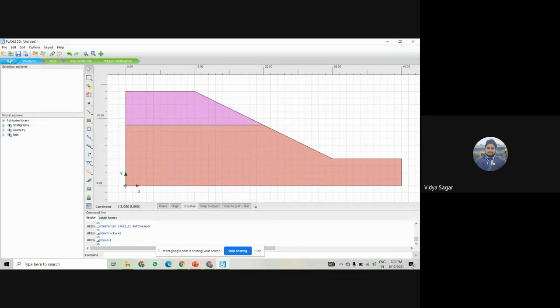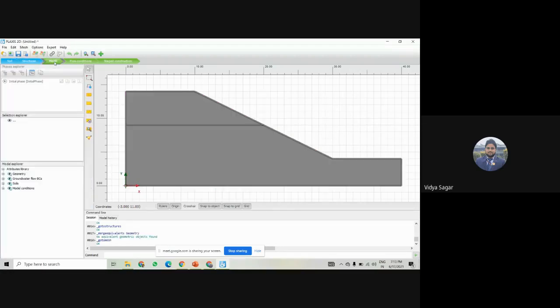If boreholes are given, or the region below the ground surface is given, then we create the boreholes. If the structure is given directly, like an embankment or slopes, then in that case we create the structural part. In structure we have embedded beams, plates, and structure loads, so all that will be assigned from this structural part, right? So next we have to create the mesh.